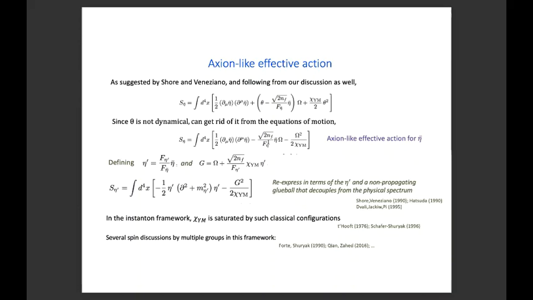So the essence of the physics in the chiral limit is that of an axion-like effective action. In other words, alternatively, there is an axion in QCD in the chiral limit, and that's nothing but the eta prime, which is represented in terms of this.